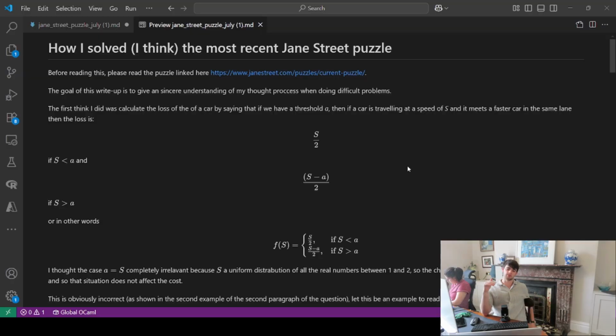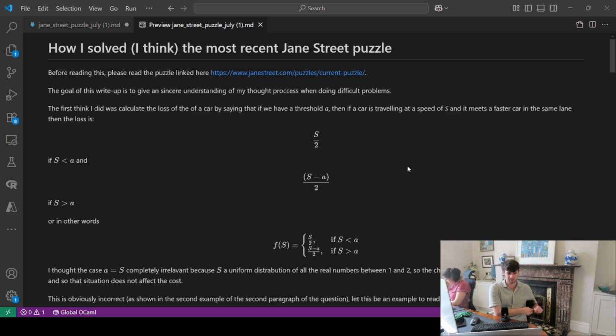Hi everyone. In this video, I'm going to go through my attempt at solving the July James Louis puzzle, and then I'm going to explain basically where I went wrong and how I failed to do so. I'll take you through my thought process and what I was thinking when I was trying to solve it. So I recommend reading the actual question before this video so you get a better explanation of what I'm